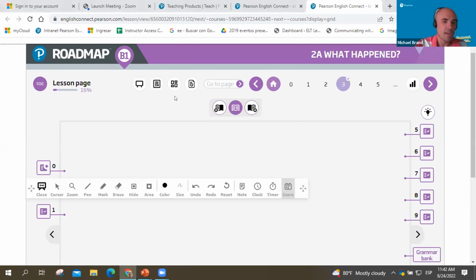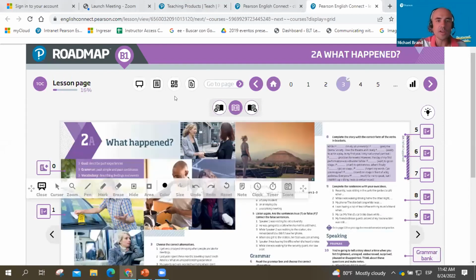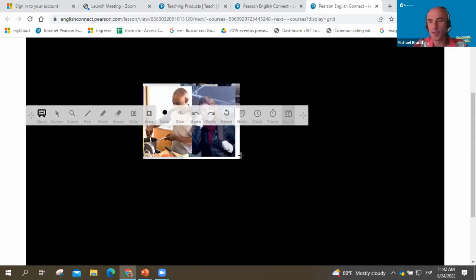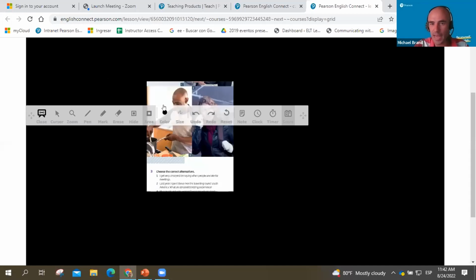So other tools here you can use, for example, let's have a look, the area tool, just to show a certain part of the board, and you might say, for example, right, you've got 30 seconds to remember what you can about that part of the board, and then we hide it and let's see what you're able to remember, and then go back.